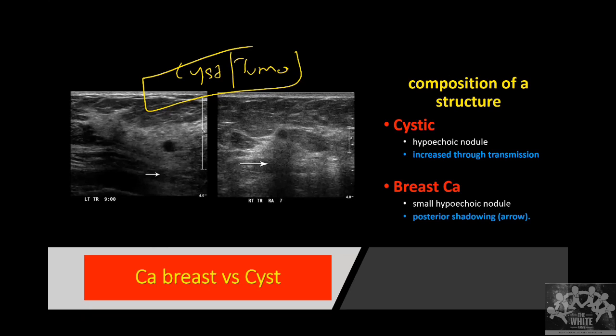The first one is a cyst, because distal to it you are seeing brighter. Whereas here, distal to it, you are not seeing brighter. That's all we want to know. If it is a cyst, it should have appeared brighter. Here it is not appearing brighter. So this is a cyst. This is not a cyst. That's how you identify whether it is a tumor or a cyst. You are not exactly seeing a tumor. You are just seeing whether it is cystic or solid.